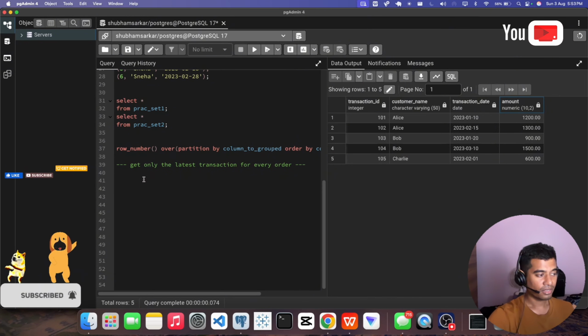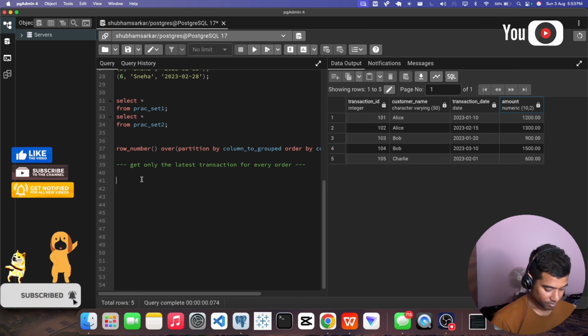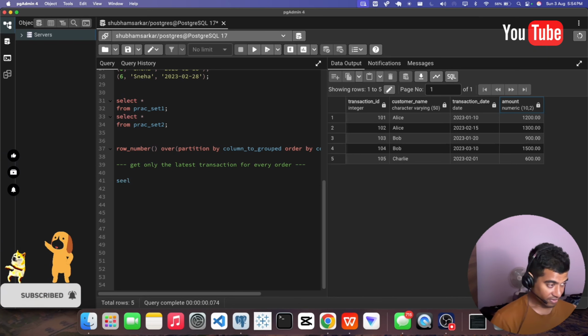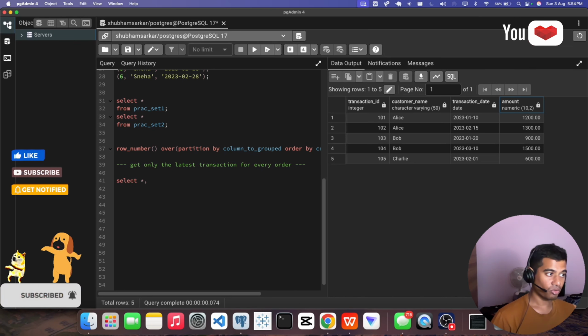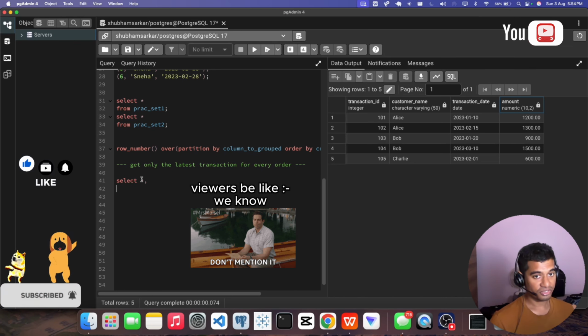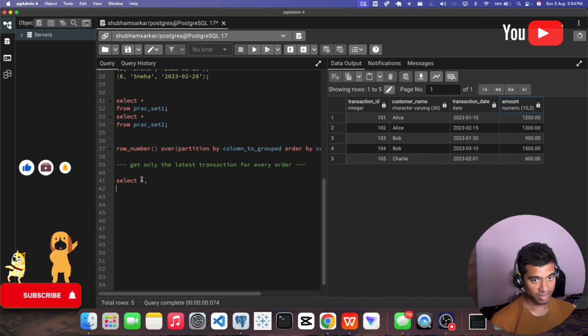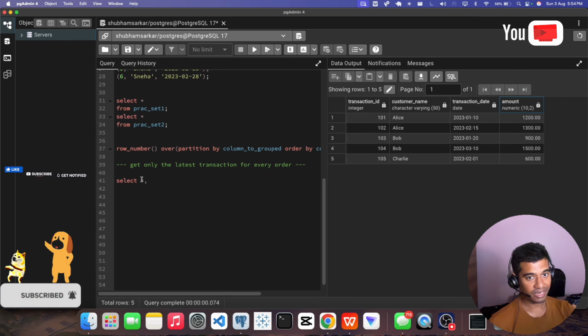And let's write the query right now. We will write SELECT everything, and let me tell you, the ROW_NUMBER expression has to be mentioned in the SELECT part.